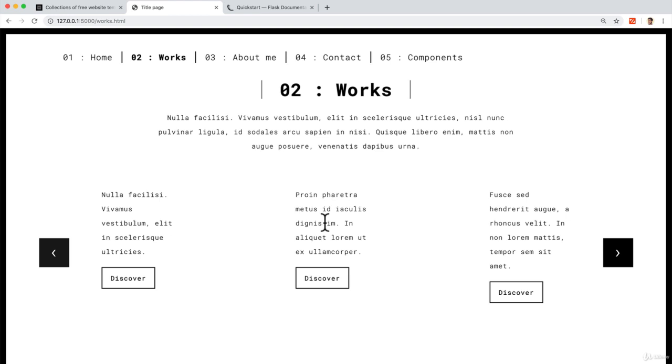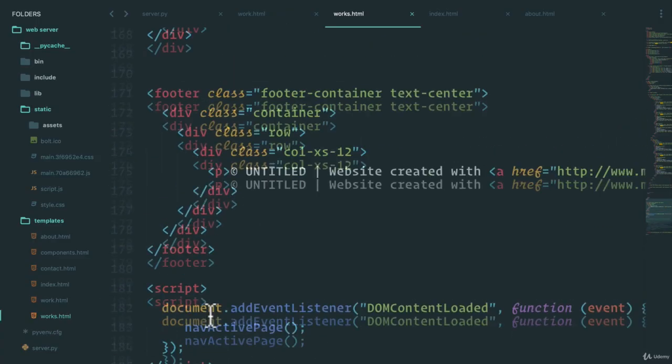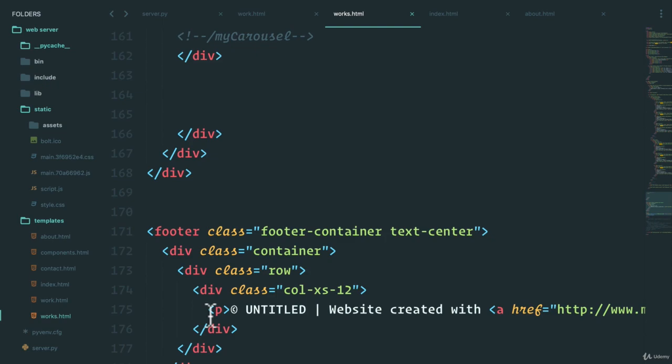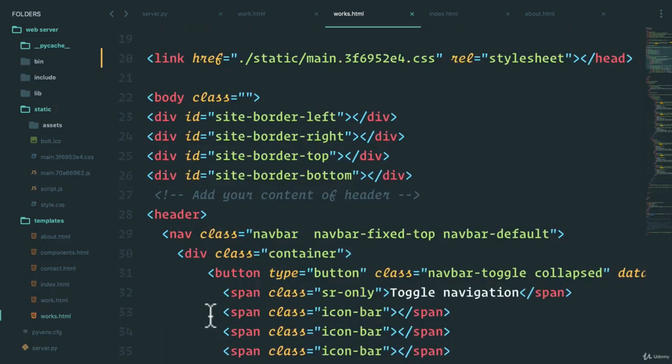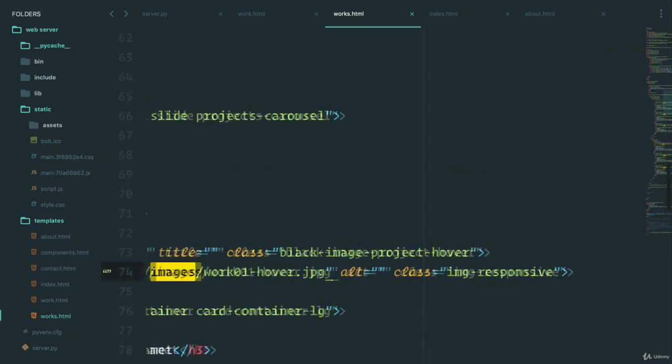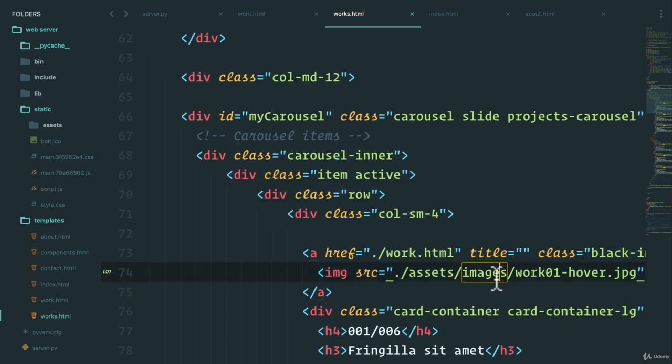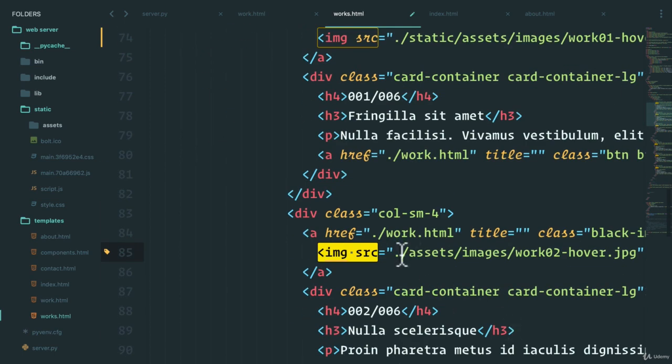Now, can you guess why that is? Well, if we go back to our works HTML and we look for images, we see that here we have to add the static as well. So again, I'll add those to the images, and just to make this faster, I'll just copy this and do Command F or Control F to search for all instances of images and make sure that we add the assets